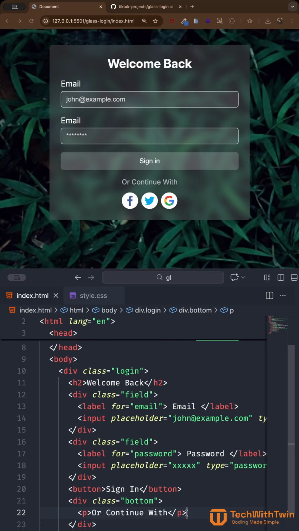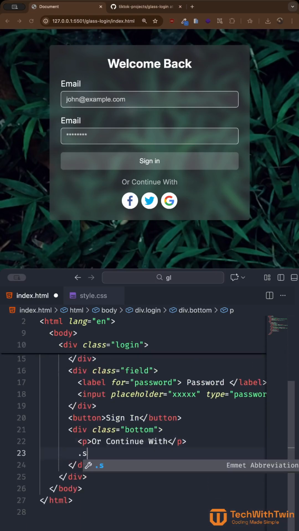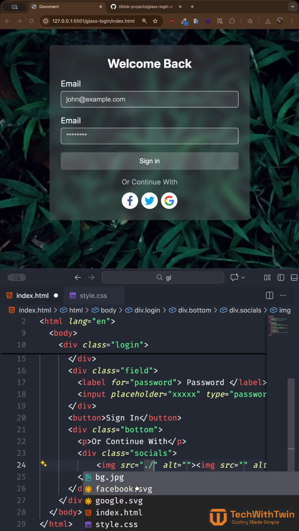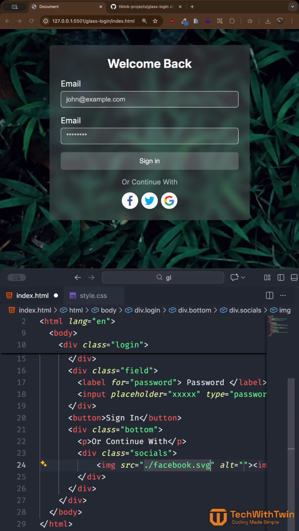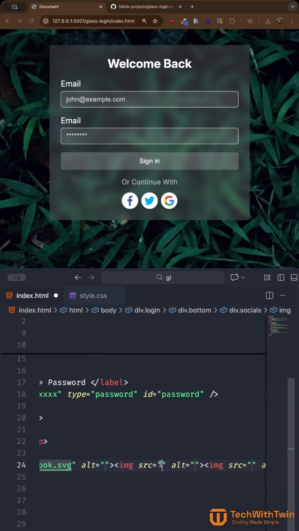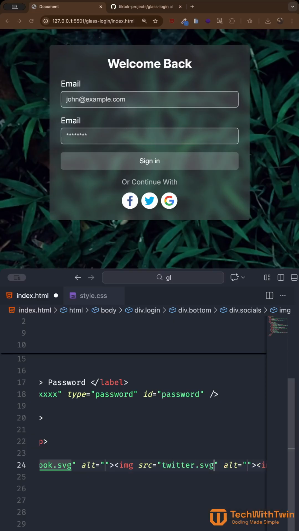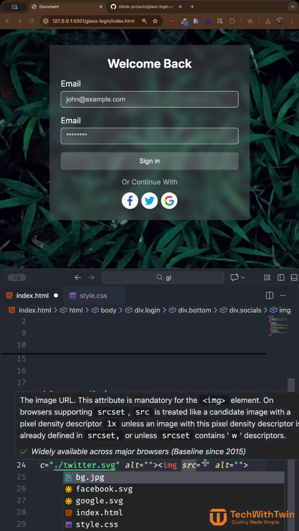Next up, we're going to create the socials. We're going to use a div with a class of socials. And then let's add three images. We can say image times 3. The first image will point to Facebook, so we can just go to the Facebook. The next one points to Twitter, so we can say twitter.svg. And one points to Google, so we can say